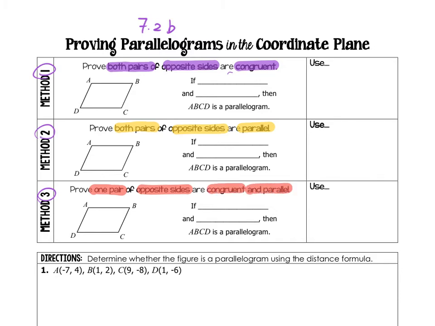So it's pretty intuitive, and to do all 3 methods, we're going to use some of the information we learned previously. So look at method 1. Here we say if we prove that both pairs,